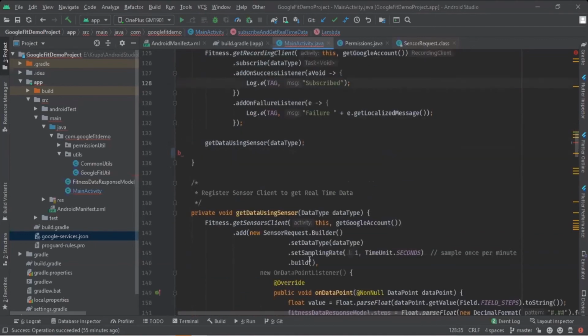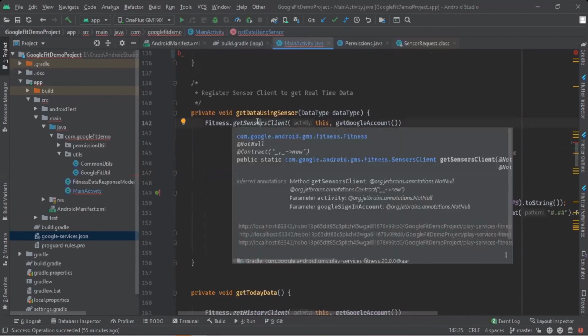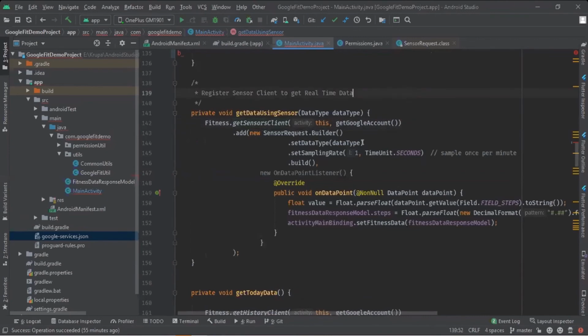Then I have another function with the sensor client, using the sensor client to request with the specific data type which you have subscribed. Subscription is mandatory for the data type.